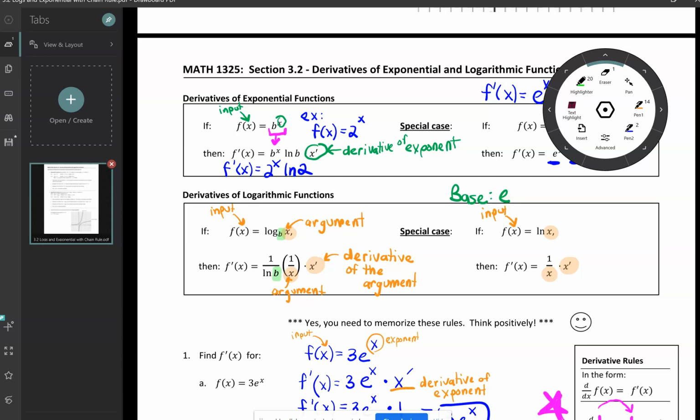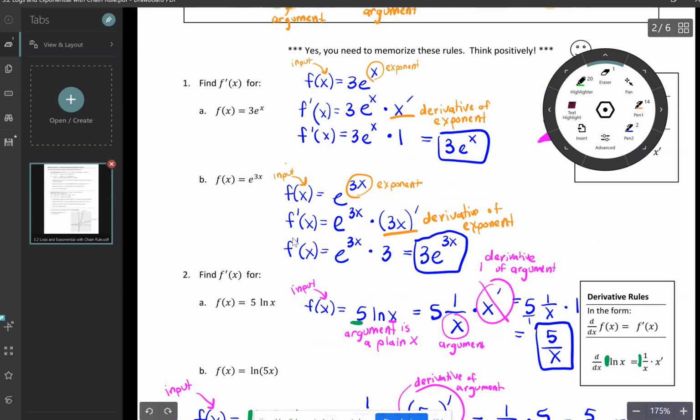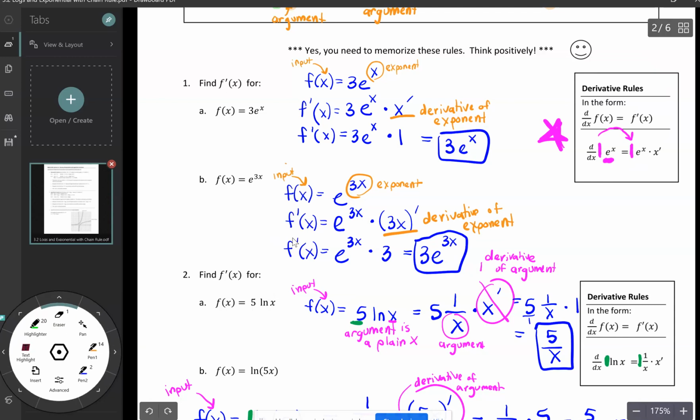rules. Now, these basic rules that are so messy on here, that's what I've rewritten very nicely on that reference sheet. So I rewrote these basic rules, but we had exponential functions where the input was going into the exponent, and we had log functions where the input was going into the argument of a log. And we did some basic problems, but the main issue students usually have with these rules is